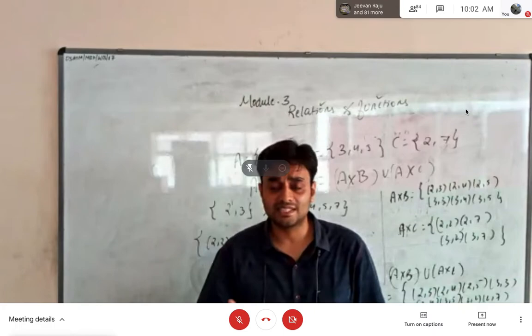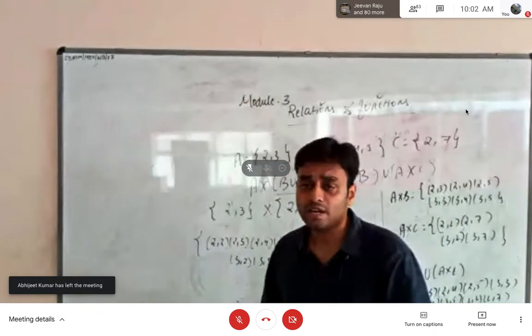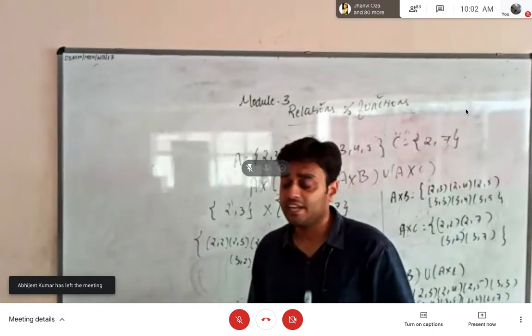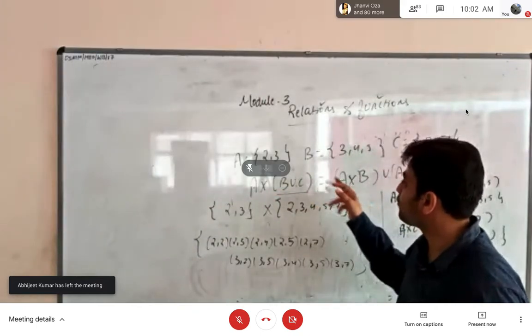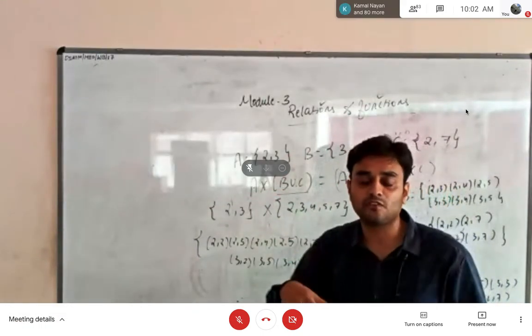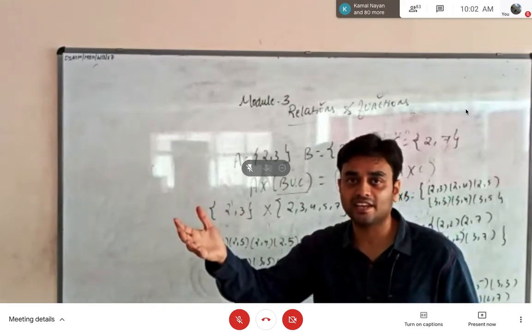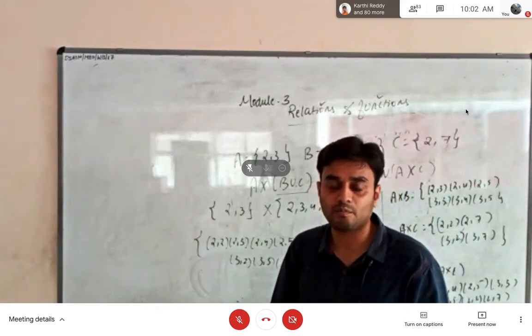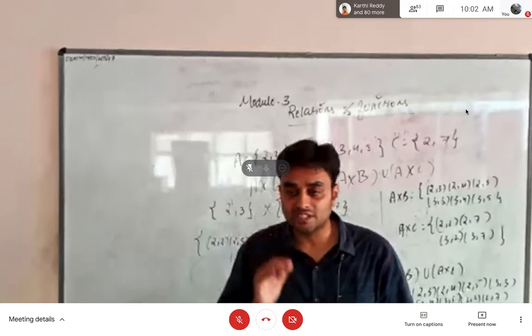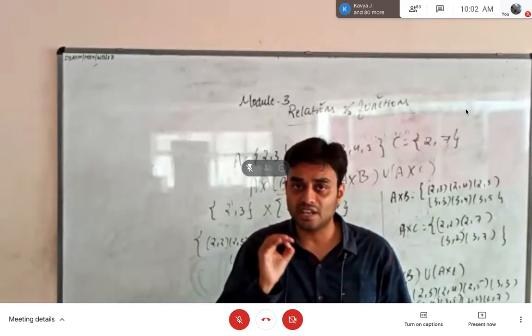Okay, for example, the examiner might think, whatever solution you have given, this formula might be true for these set of elements. Maybe it is wrong for some other set of elements. So you cannot prove by taking some other set of elements again. So how many elements will you take? It's not possible, right? So in case of the theorem, always you have to give the generalized proof.